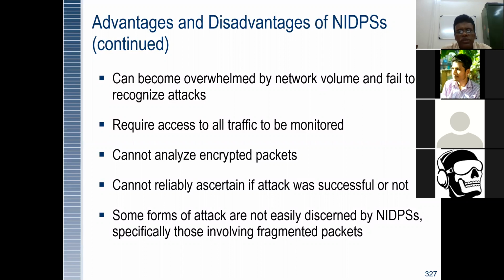Some forms of attacks are not easily handled by a network intrusion detection and prevention system, specifically those involving fragmentation. See, packet length differs: if you are using fiber optic, the 1025 standard, or a wired network like a Cat3, Cat4 or Cat6 cable. Similarly, if you are using Wi-Fi, from one to another, we can make use of fragmentation of packets, whatever the application, but how the wire is set up determines the packet delivery.